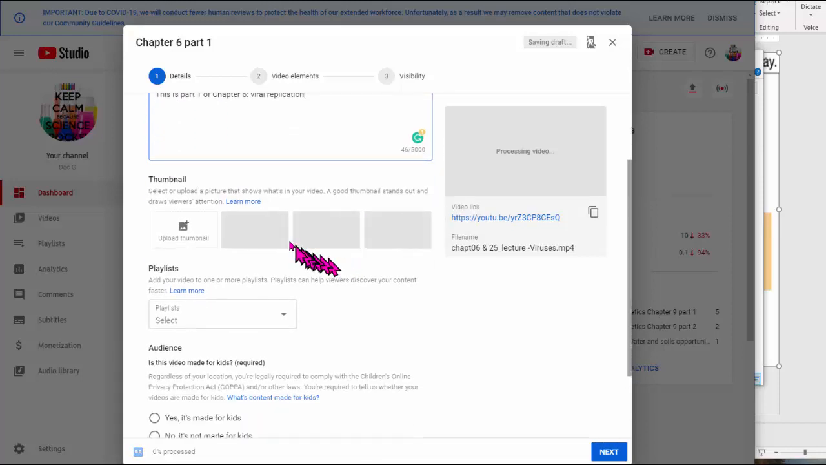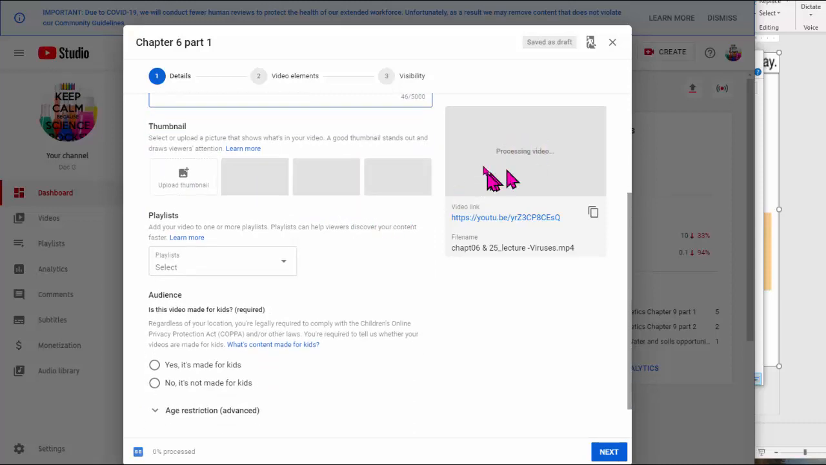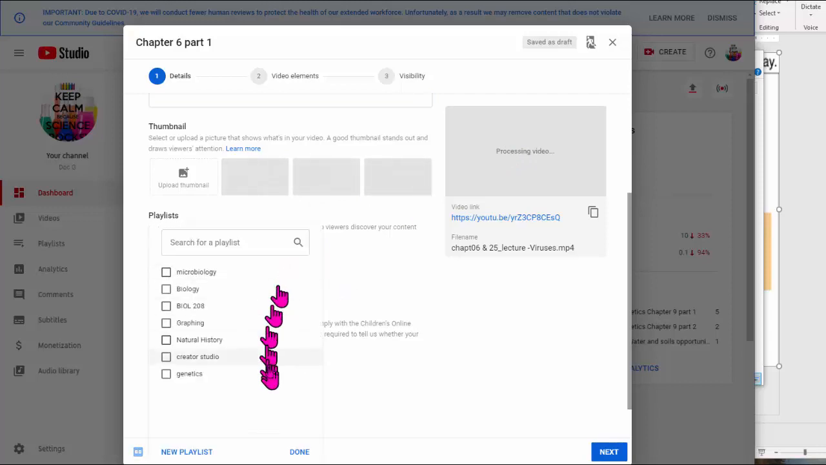Then you scan down. I'm going to do this a bit later. I'll show you why, because once it finishes processing, thumbnails will show up here and I can select. Now you can add this to your playlist. So you can create a playlist from down here, or you can just say add to existing playlist and say